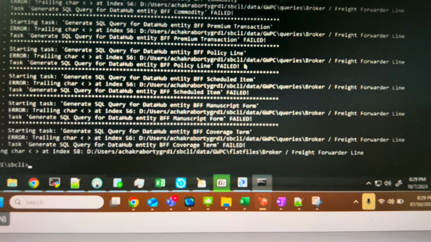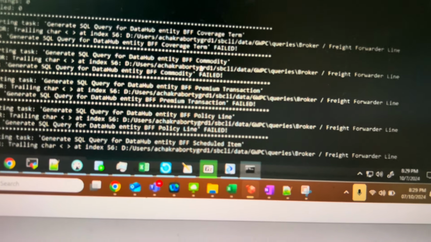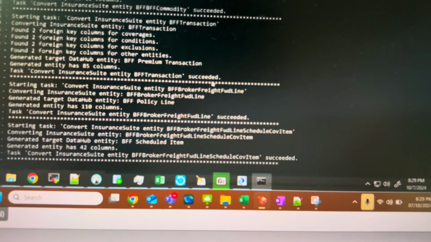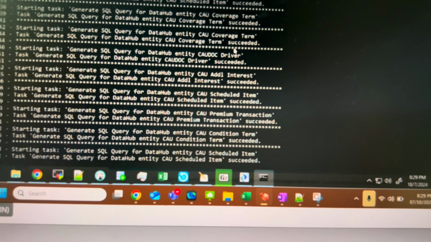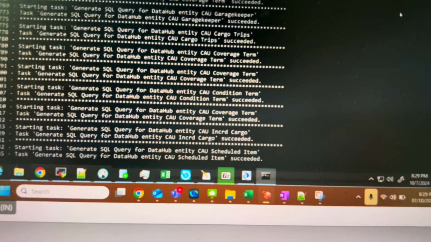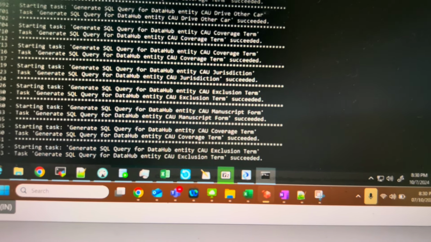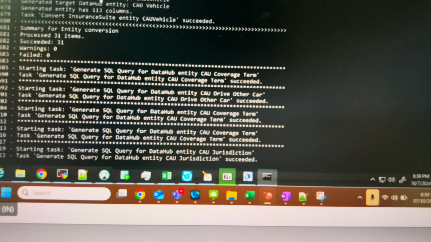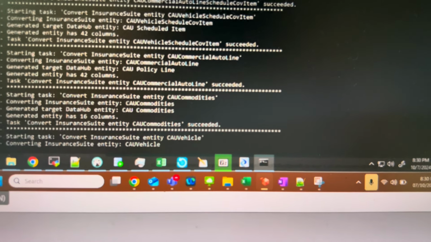Okay, there is some issue with this out of the box thing. I think for some LOBs there is some issue. Let me check whether at least workers comp and the others are there or not. These have succeeded.